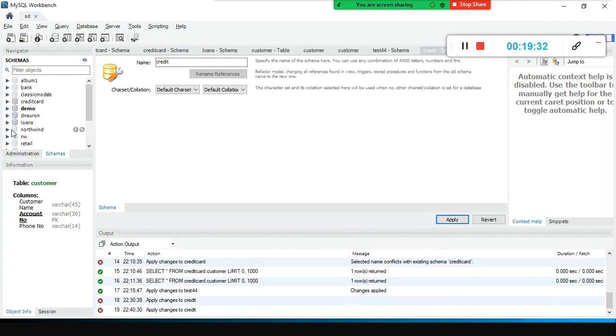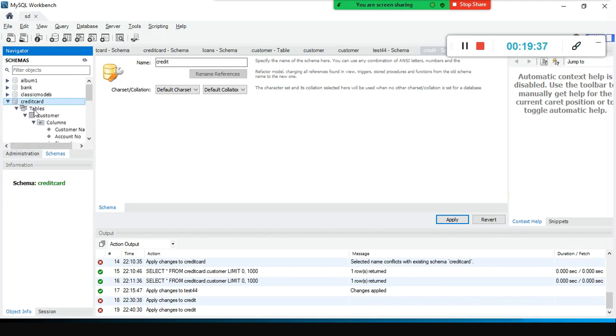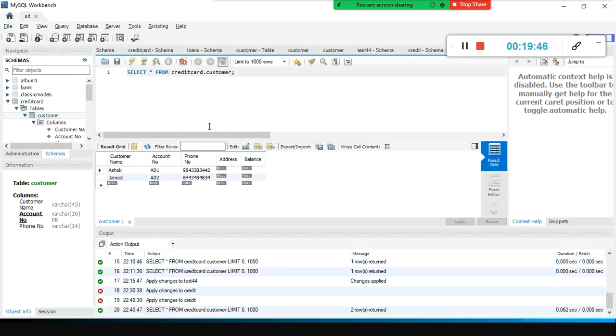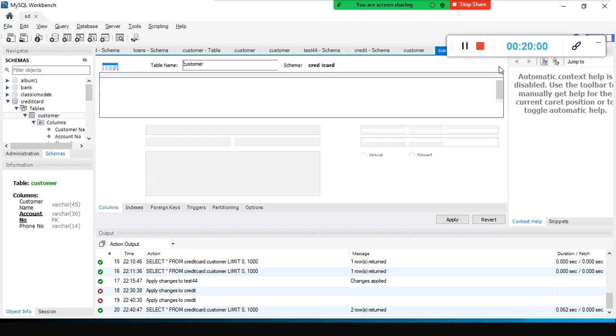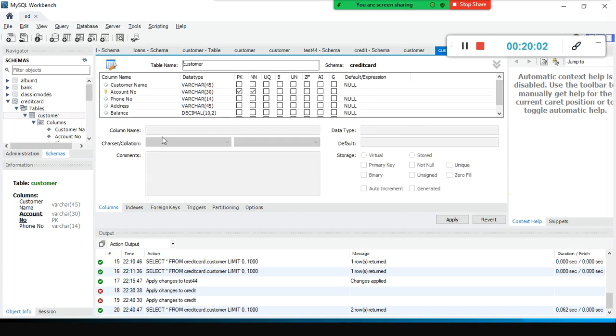It's a credit card database. I don't want to create so many databases. For example, here in the credit card, I'm going to look here. I'm going to say tables. When you select the tables or the customer database, right? When you select this one, the spanner kind of thing, that is where you can go back and add some more columns here.